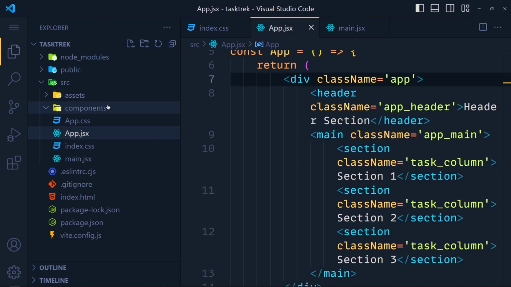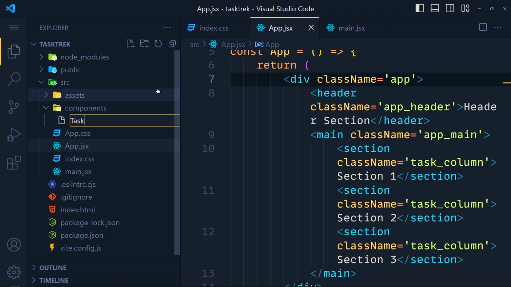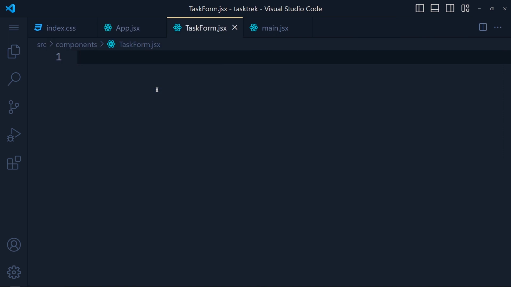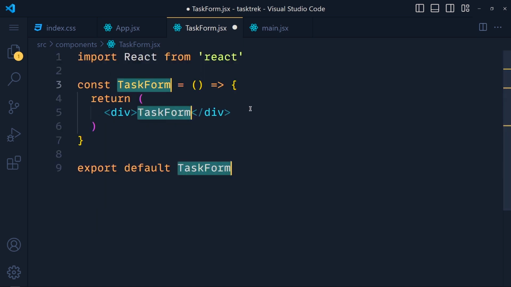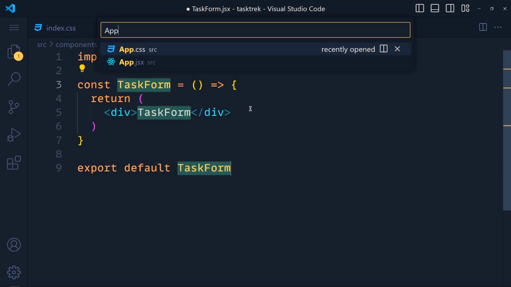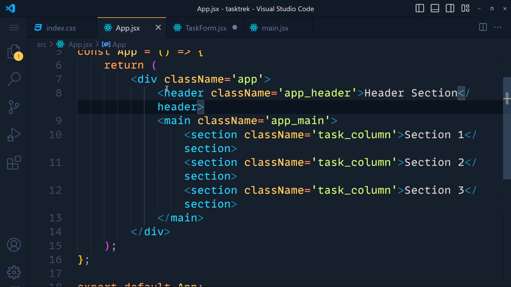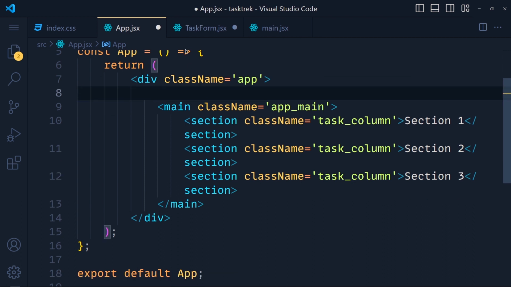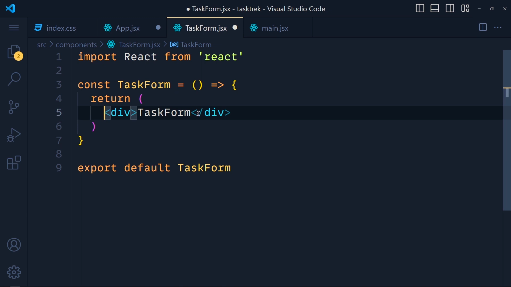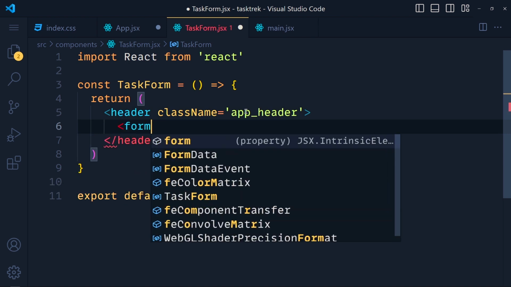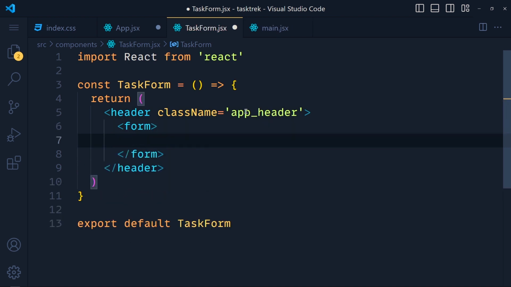And we create a new component called taskform.jsx. Good. Now tell me, what do we do first in a component? Right, we add boilerplate by using rafce. Now open the app.jsx file. We cut this header tag and paste it into our task form component. Now at the place of this header text, first we want to add a form,